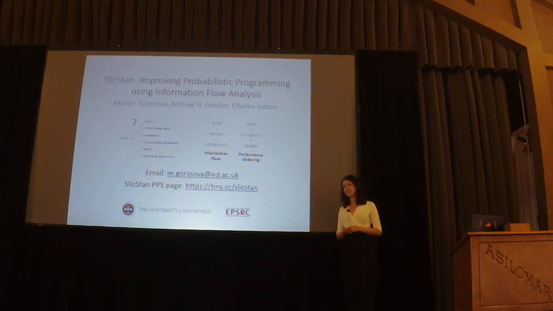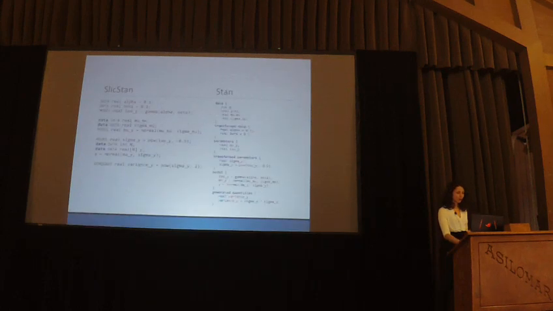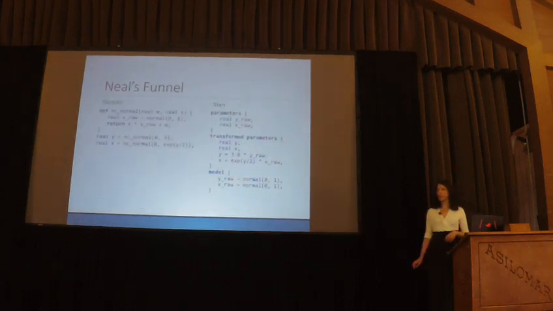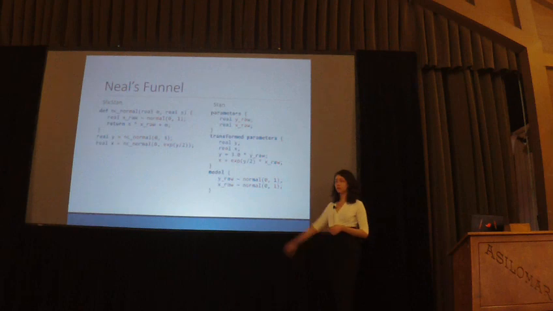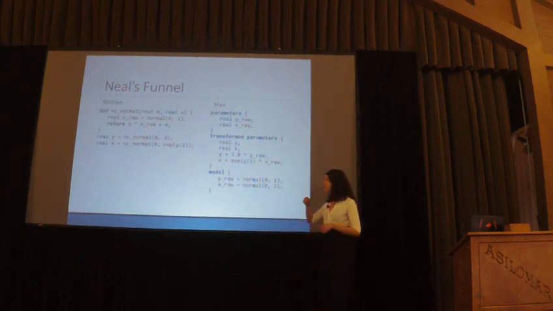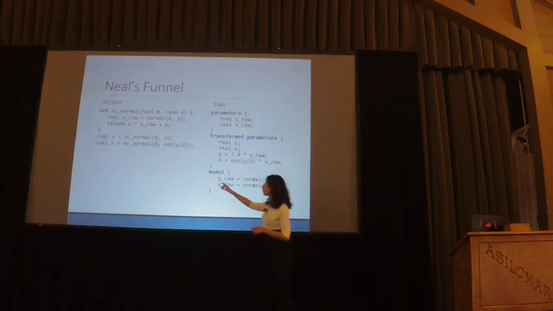You mentioned briefly this example of Neal's funnel and how you could automatically do that reparameterization. Could you talk a little bit more about how that works, if that's something SlickStan automatically does, or you have to define another function that can operate on the code to do that? Is that the example you mean? Yep. So you have to define the function, right? So this is the SlickStan program. Oh, you mean Stan? Or, sorry. So, yeah, I guess if you're in SlickStan and you want to declare a model, you want to use either the centered or non-centered parameterization. How does SlickStan know how to make that transformation of the program from the centered to non-centered?